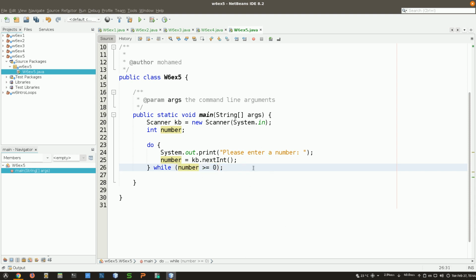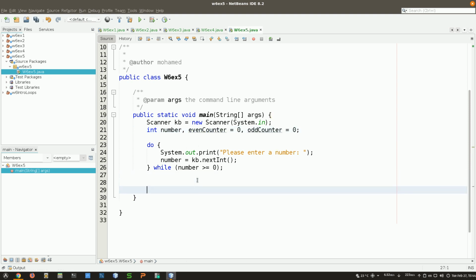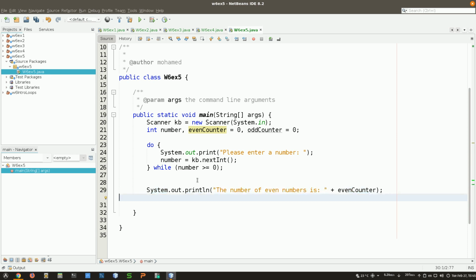Now the thing is, I would like to count how many odd and how many even numbers I'm counting. So in order to count that, I need to have some counters, let's say even counter and odd counter. And both of them will start from 0 because it's an addition. I would like to count, so I'm going to add. And at the end, I need to do something inside the loop. And then at the end, I'm going to display the number of even numbers is, and then I display the even counter, and copy and paste for the